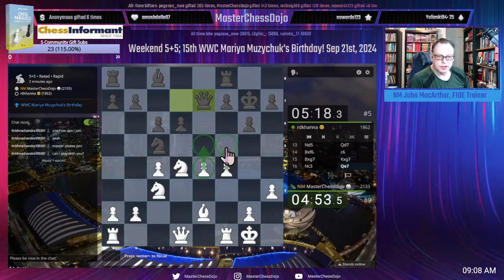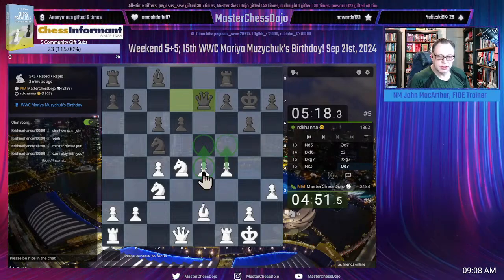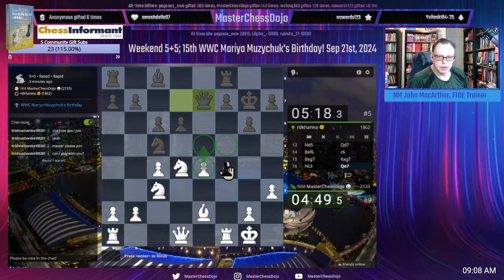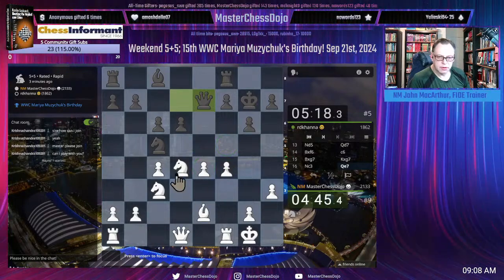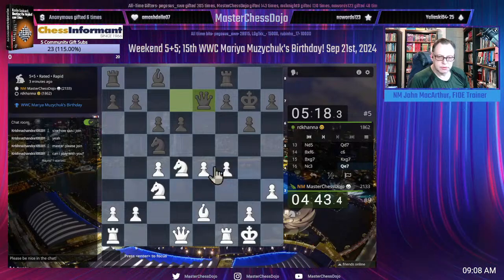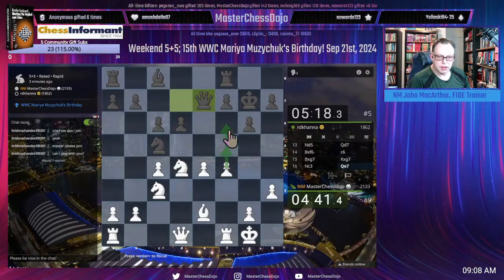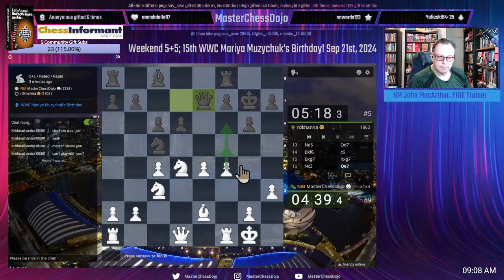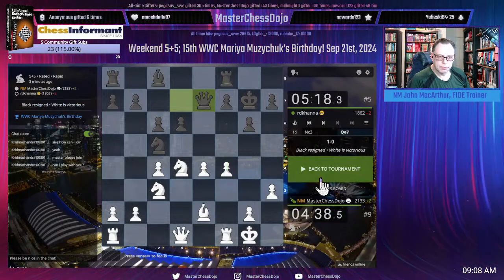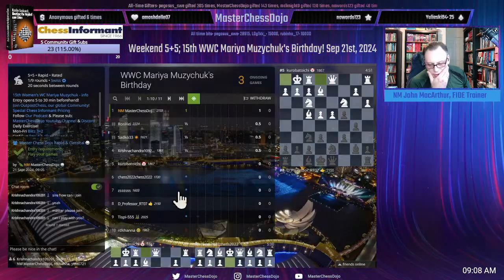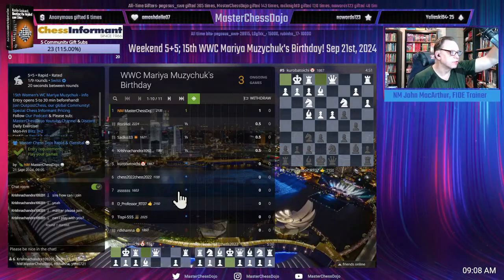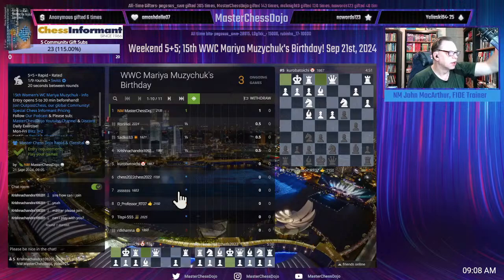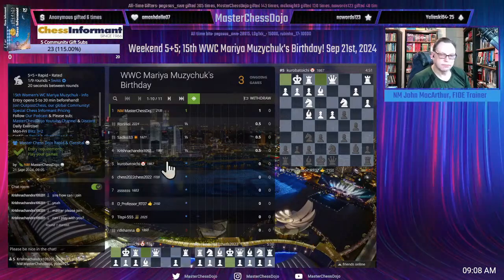We don't have time for a sealer sweeper, unfortunately. Oh no, my opponent gave up a little too soon. I might have actually screwed that one up. I actually could have screwed that one up.